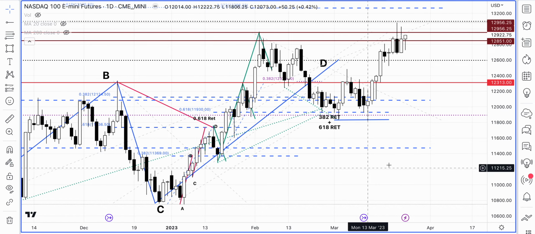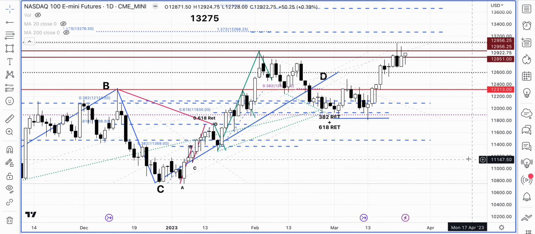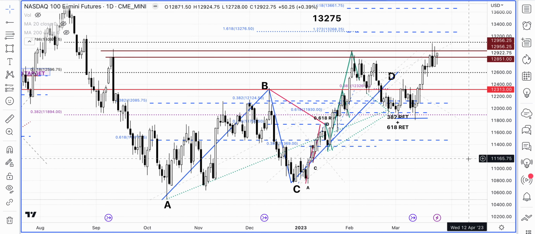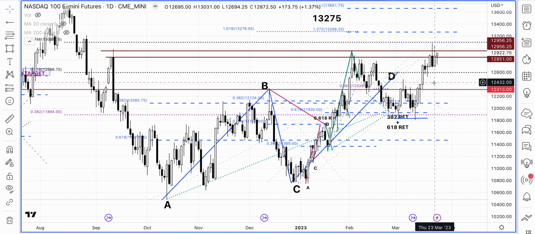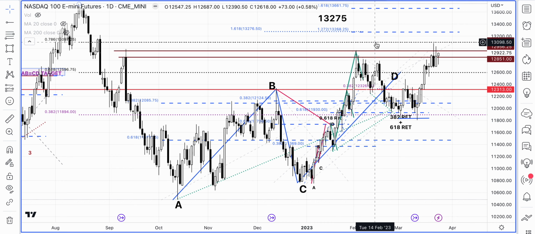So NQs look very strong compared to the S&P 500, and they are at a level where we have this resistance. We also mark them with these brown lines, and the price is kind of stuck in here. So here we are watching the price action, but looks like if there's gonna be a bullish move higher, then we have the 78.6% Fibonacci retracement coming around